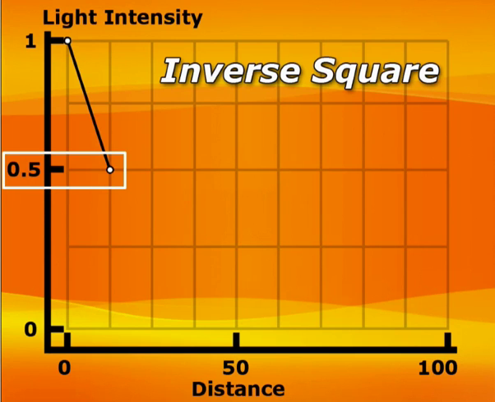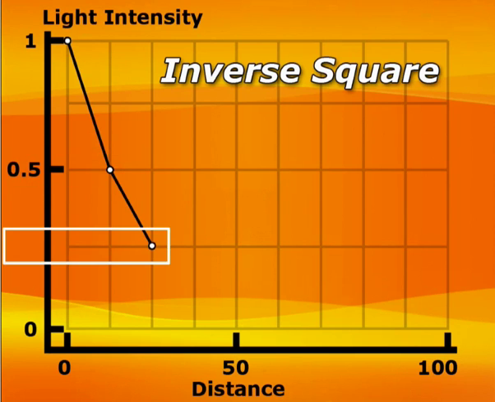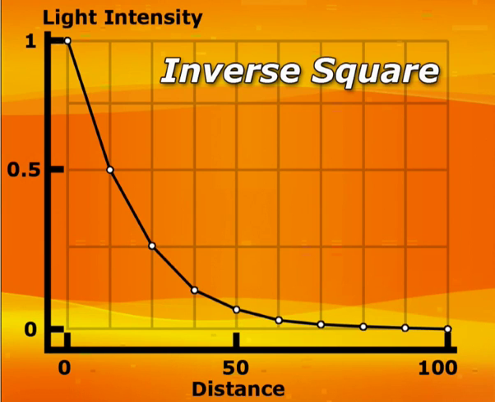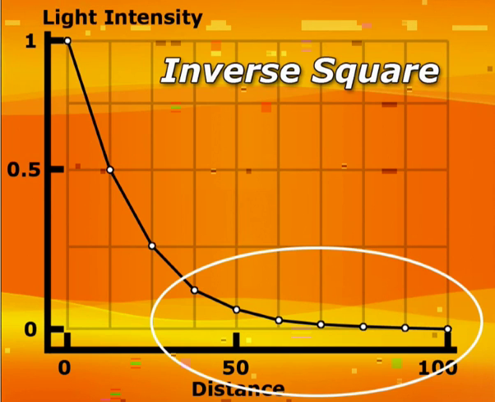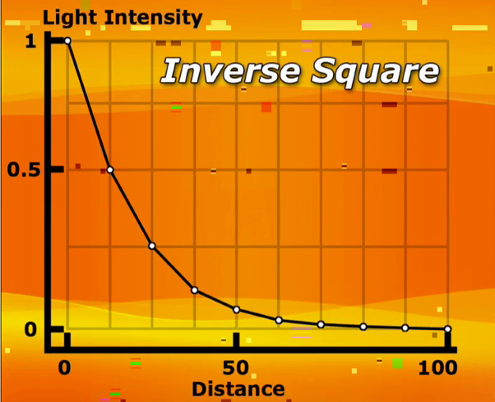By the time the light traverses to that next unit in distance, it's now lost half of its previous value. And you can see that that pattern continues on and on until the point where we really don't see the light anymore at all. So what that means is in real life, as we are very, very close to the light source, we'll get very, very bright lights. But very quickly, once we move away from that point of emission, you can see how our light will really level off and become much more even. That is really what inverse square means, and that's exactly the kind of a fall-off pattern that this physical light